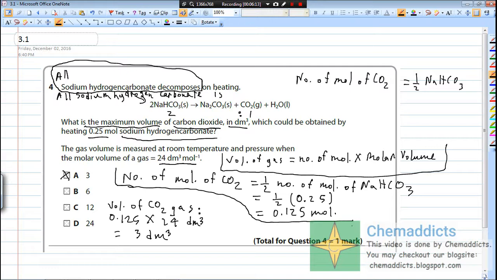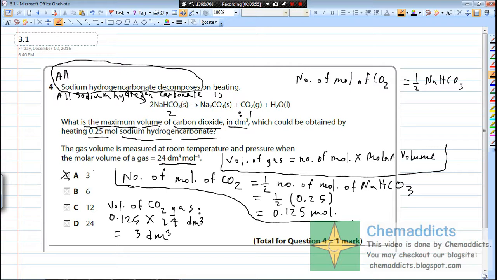Since the total mark for this question is 1, we're gonna get 1 minute in order to solve this question. So we need to do it really fast. The calculation that we have done here, since the video is very long, since we have discussed many things regarding this calculation, so you must not take more than 1 minute in order to solve this question during your exam. You need to do this orally, if possible.